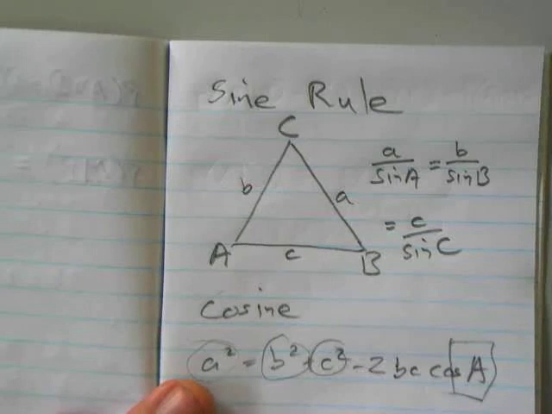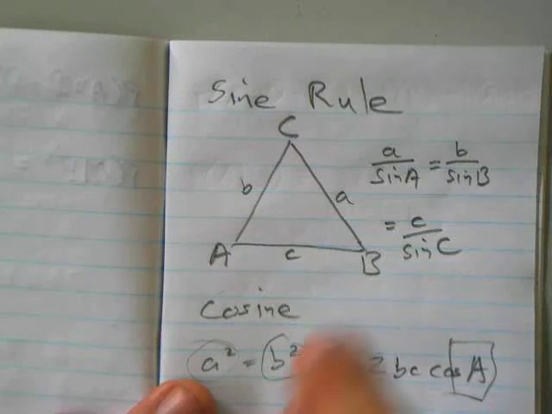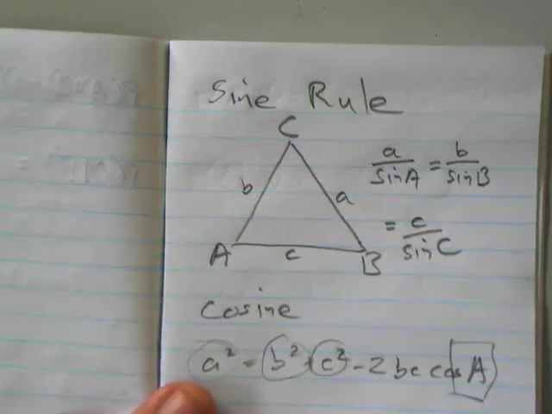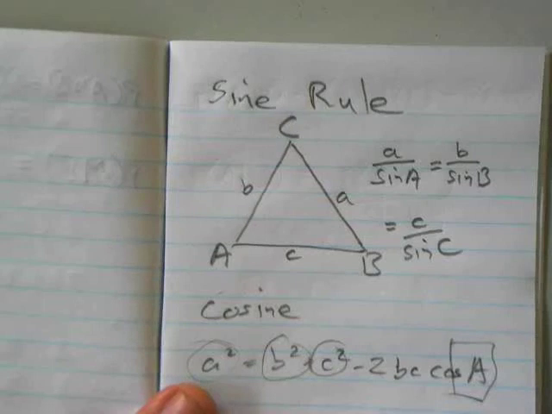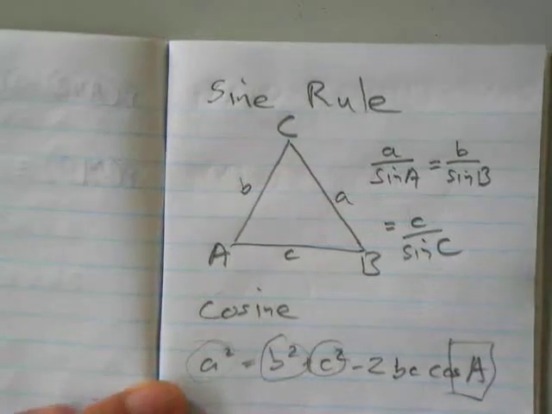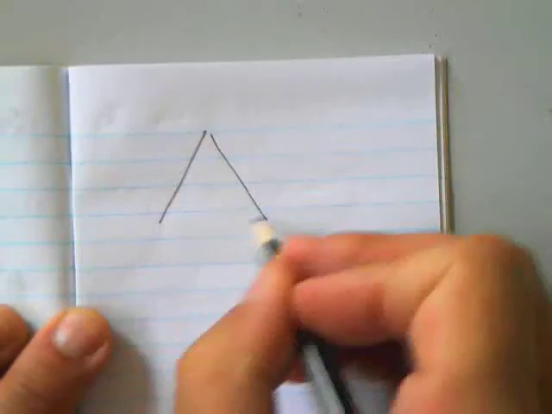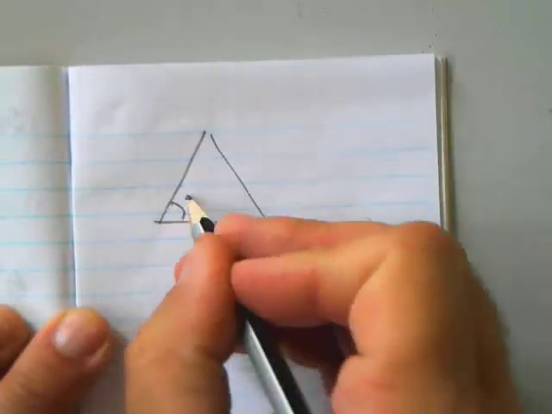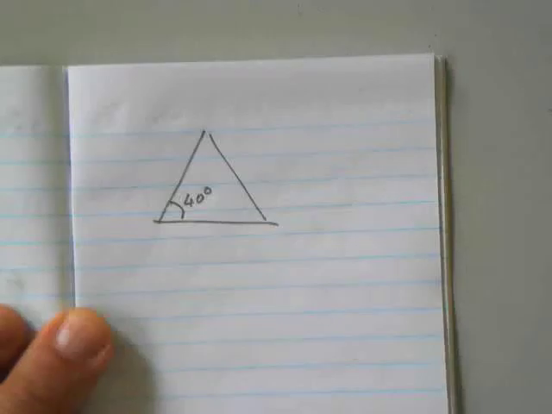Now, I'm not going to go through the proof of this, but if you inverted them all, then sine A divided by a equals sine B divided by b equals sine C divided by c. So you can switch it all upside down if you want. So there are 2 sine rules, but we're going to do them both at the same time. Carrying on then, this is actually how it's going to work. If I tell you that that's 40 degrees, that's 17, and that's 60 degrees,